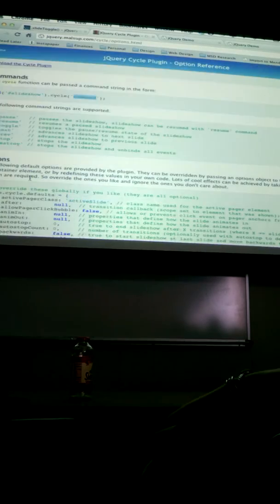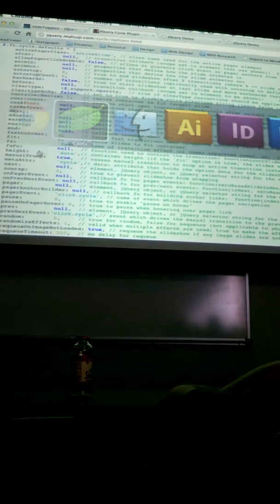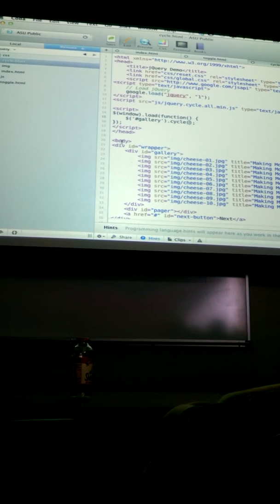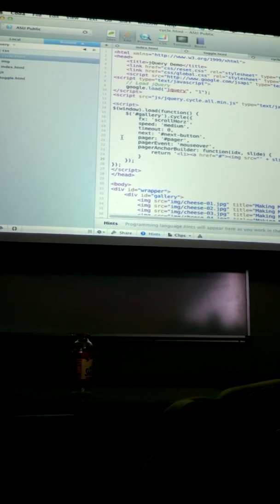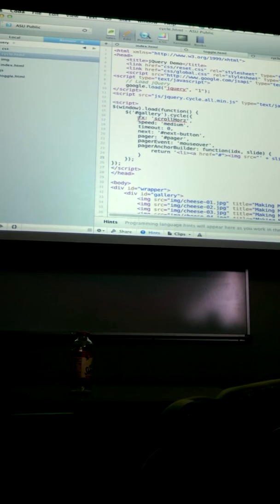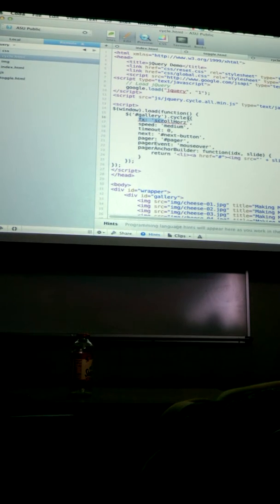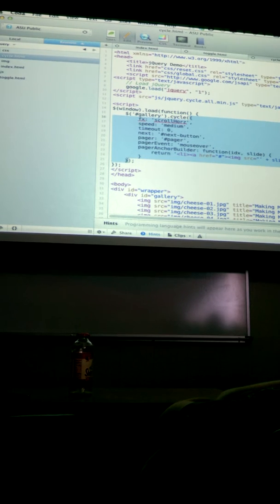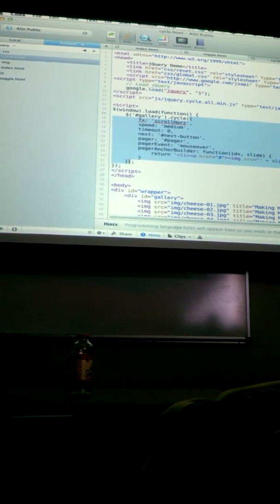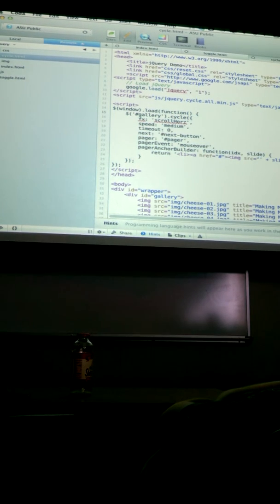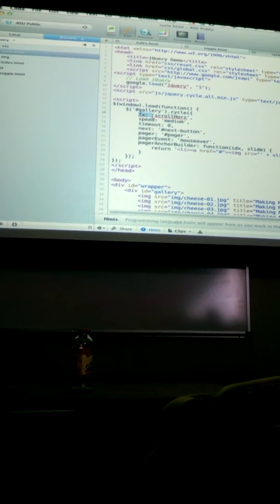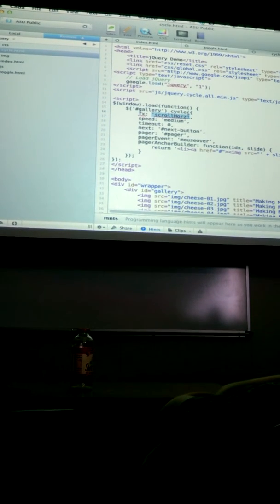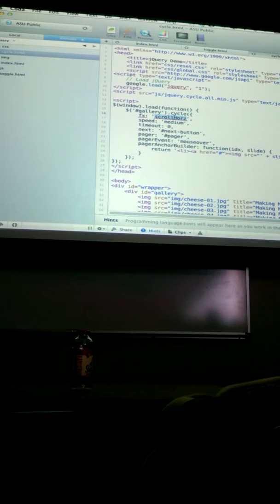So these options, I was using some of them back here to tell it what I wanted it to do. So effects, all of your options go between curly braces for this plugin. So you open up the curly brace, you drop a line, and you put in your first option, a colon, and then between single quotes, you tell it what effect you want. So if we do scroll horizontal here